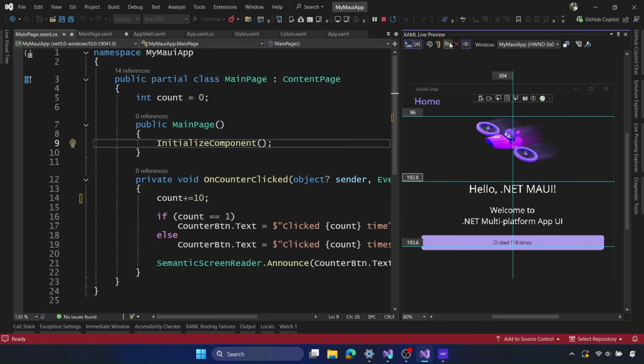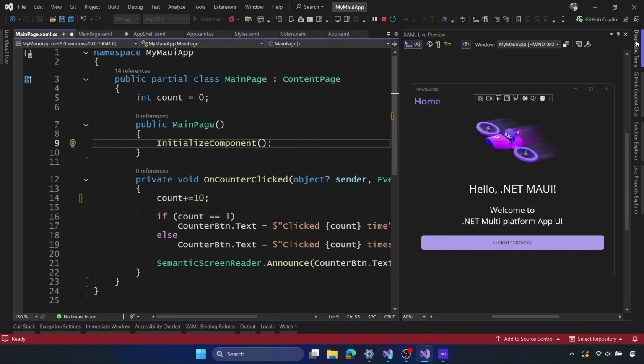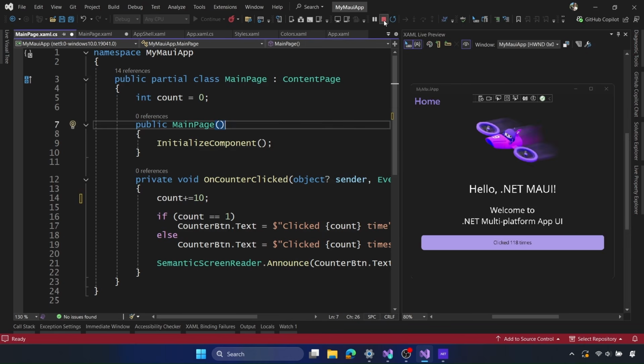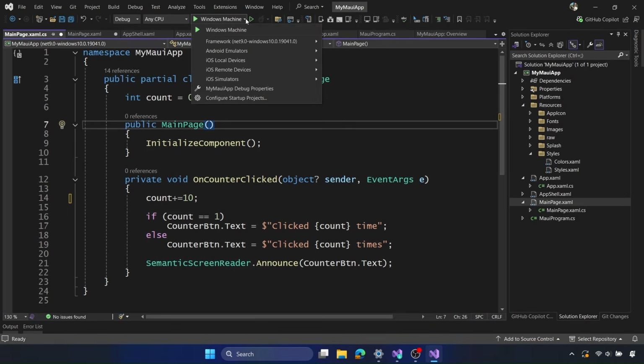In the live previewer, we can add grid lines so we can refine our application. And we can also pop out the live property explorer to see all the properties on different items, such as the label here. And since we're running on Windows, we have a full diagnostic so we can see events, memory usage, and CPU usage as well. Now there's a lot more packed into Visual Studio, but let's start to explore running our application on other operating